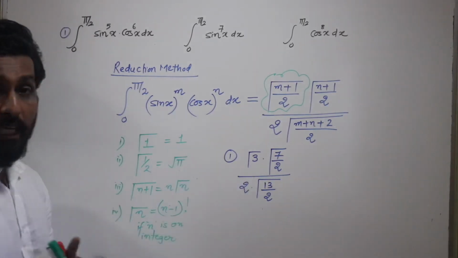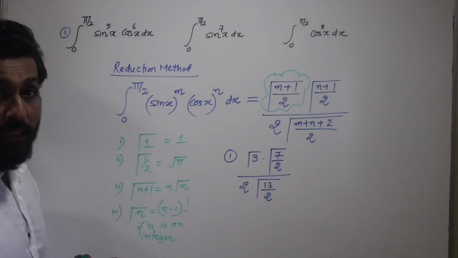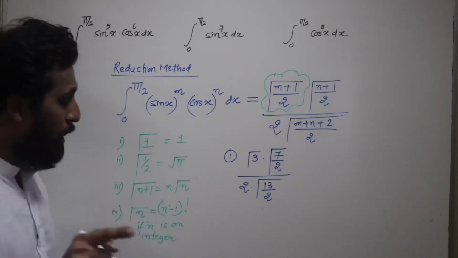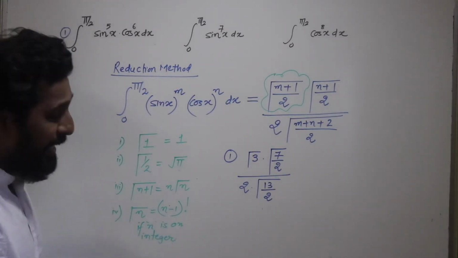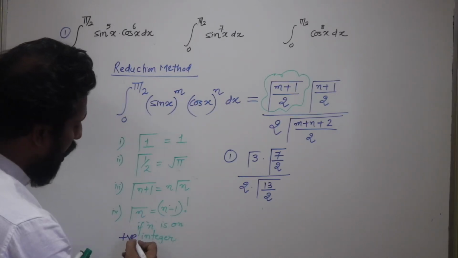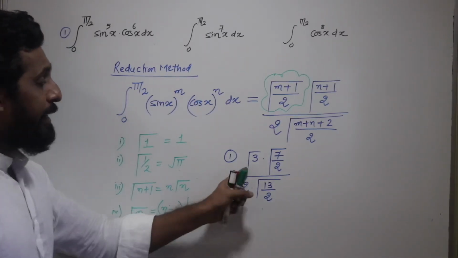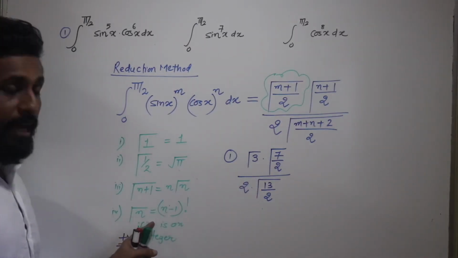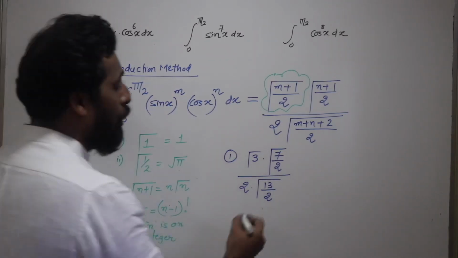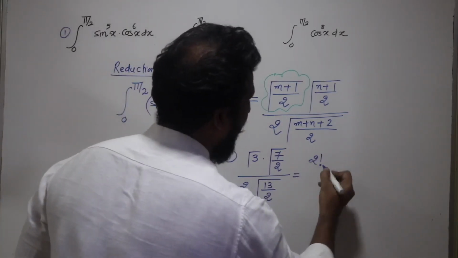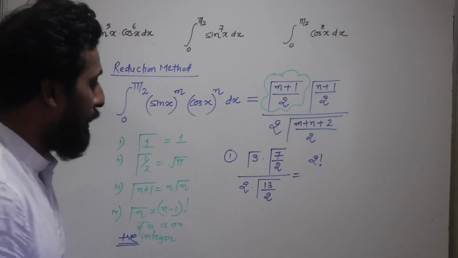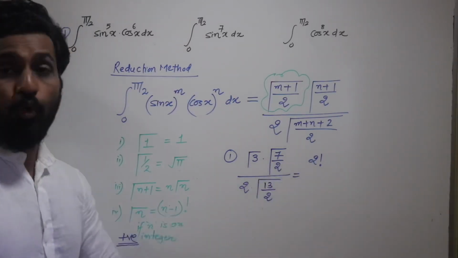Look at gamma 3. Doesn't gamma 3 look like gamma n? See, n should be an integer, and that too not just any integer, it has to be a positive integer. So gamma 3 looks like gamma n and the answer is (n minus 1) factorial. So it comes out to be 2 factorial. Isn't it very wonderful? Isn't it very simple? So gamma 3 comes out to be 2 factorial.